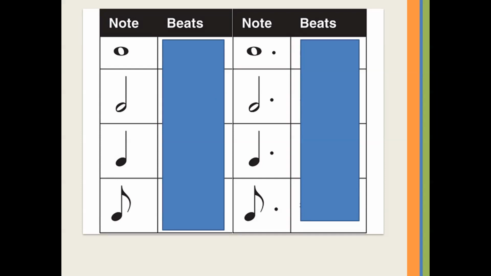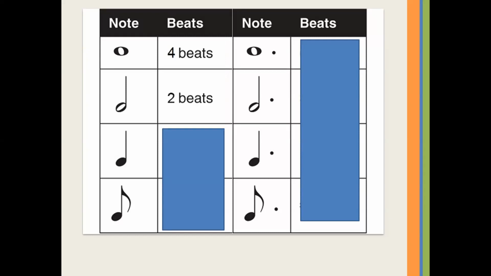How many beats does the whole note have? 4. Okay, that's great. Praise, how many beats does the minim have? 2. I know this is very easy, right? And the crotchet? Bolu? 1. Okay. And then the last one is